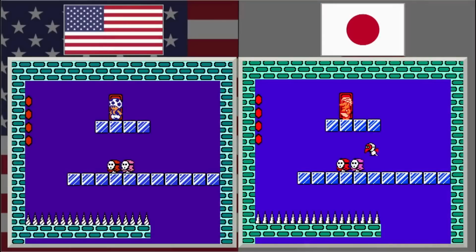And then funny enough, in the same exact stage, you go inside one of the castles, and Doki Doki Panic has a tweeter that was removed from Super Mario Bros. 2,